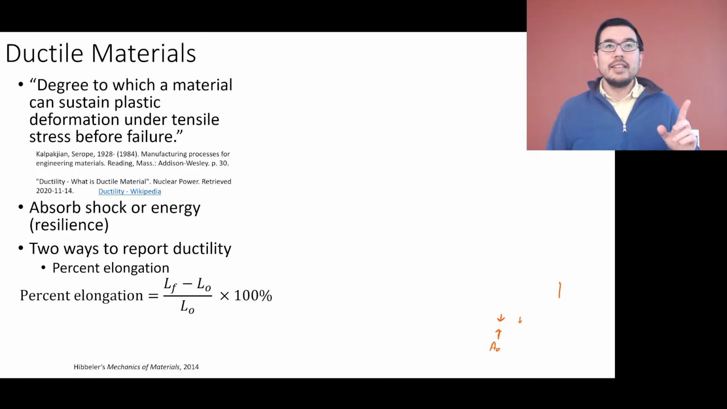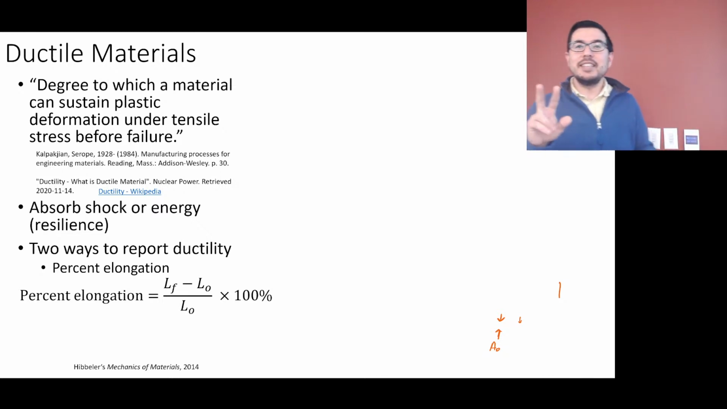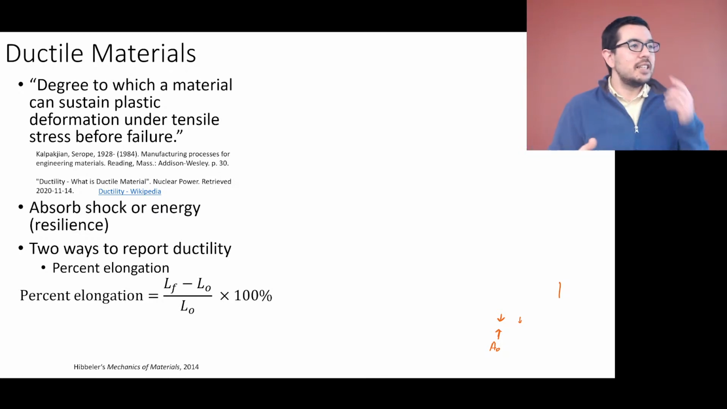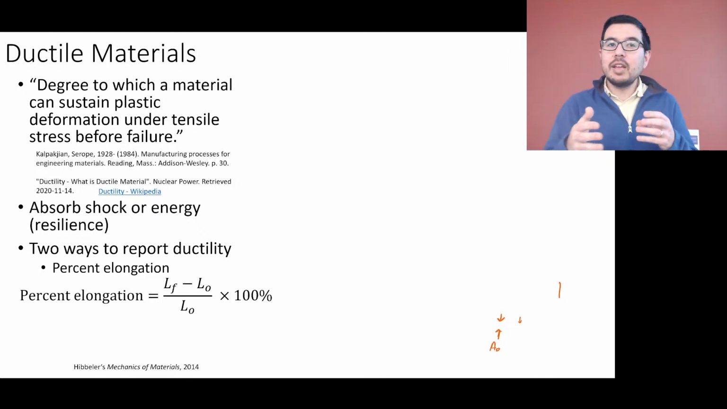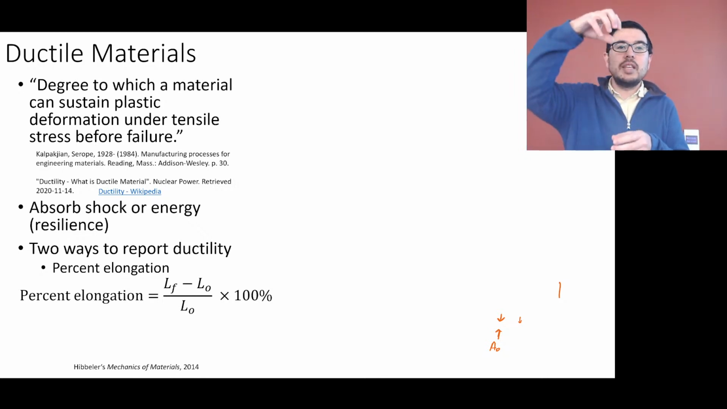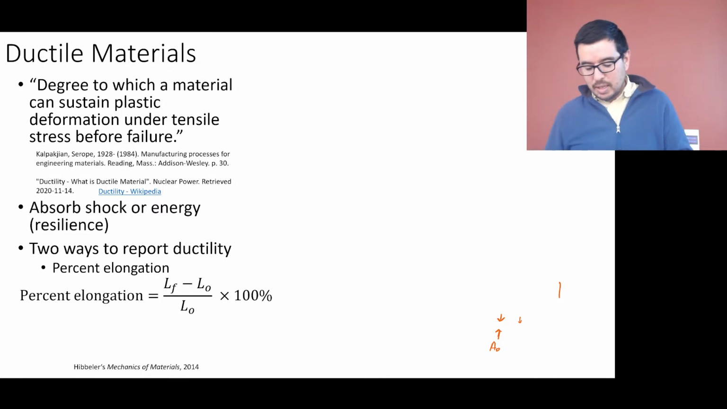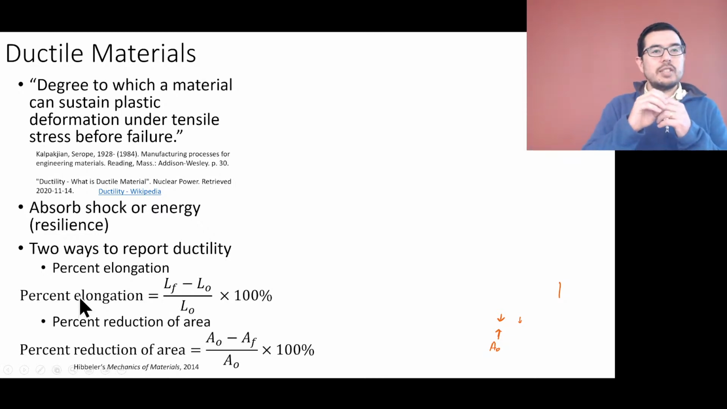So, yes, okay, two ways to report ductility. One is based on the elongation until break. Okay, so that kind of makes sense, right? We have these samples, they keep going, they keep going, they keep going, like a rubber band, okay, and then eventually snaps. Another way is to look at a reduction in the cross-sectional area